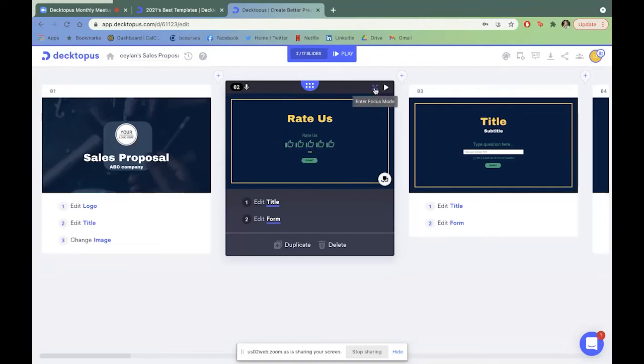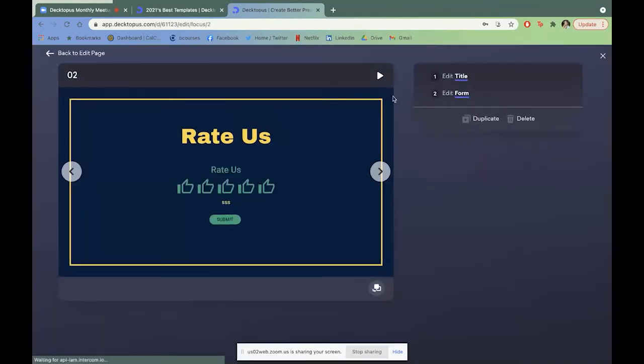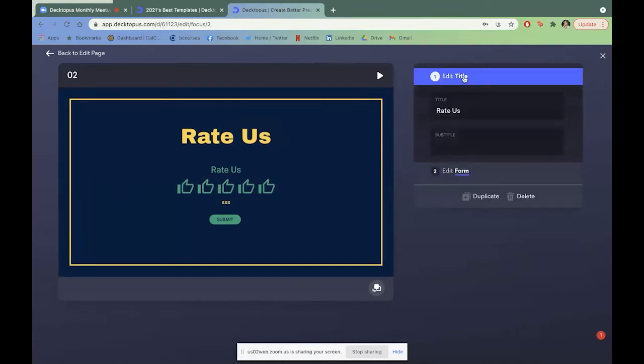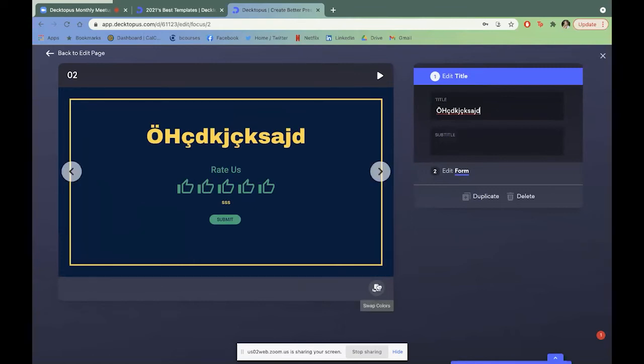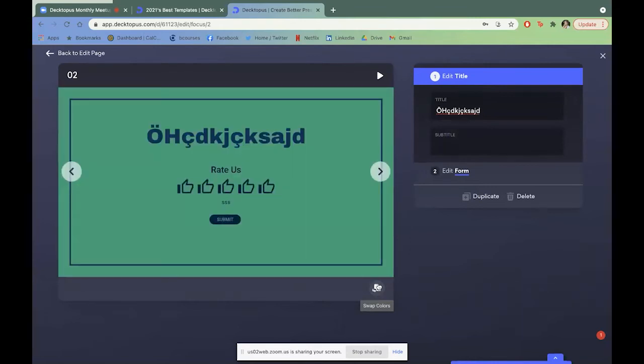We can also have a focus mode where you can only focus on the existing slide that you're working on. And what happens here is, if you're going to edit the title, you come in, you type whatever you're going to type, and then that immediately reflects back to your slide deck. And then another option we have is the swap colors option, where you click it and you see the alternative